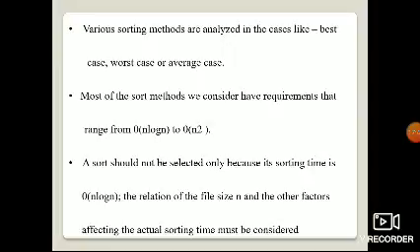The relation of the file size n and other factors affecting the actual sorting time must be considered.